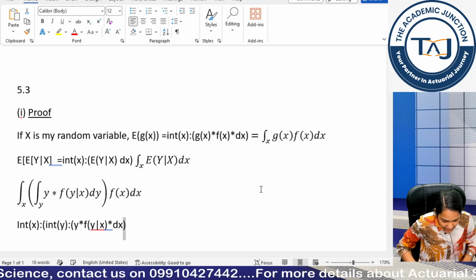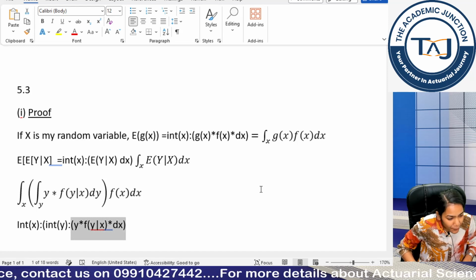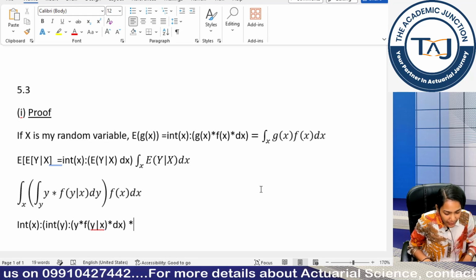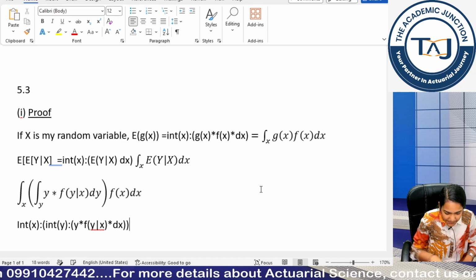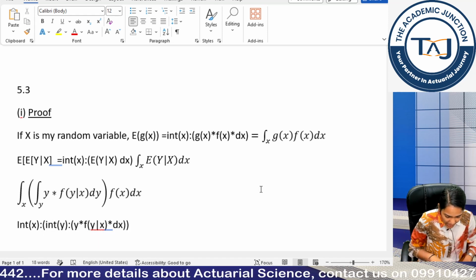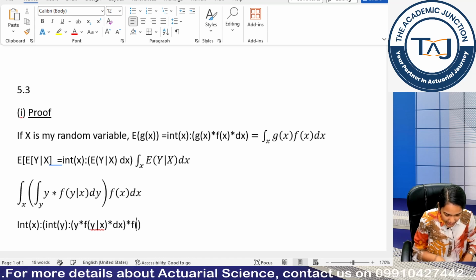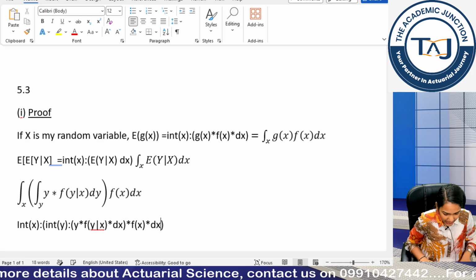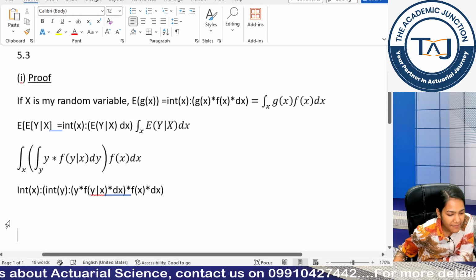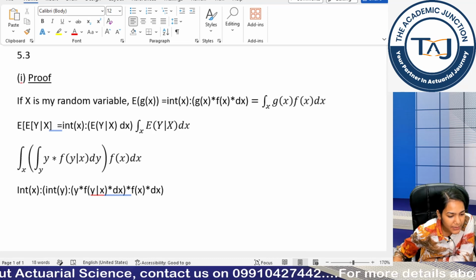Now this is the bracket for my first integral. Now I want to write what is extra, so this bracket is for this thing basically. So I would also add my fx here and my dx here. Okay, everyone complete till now and give me a thumbs up.